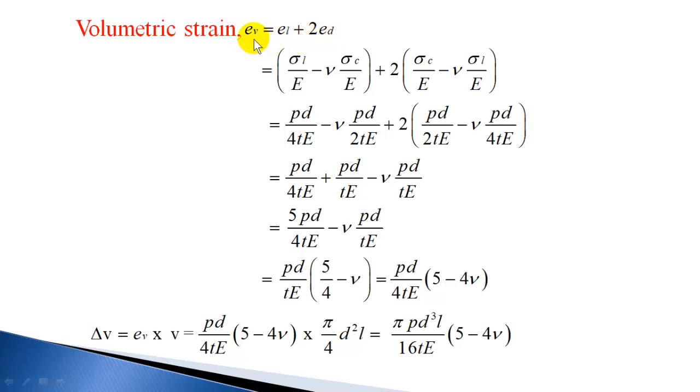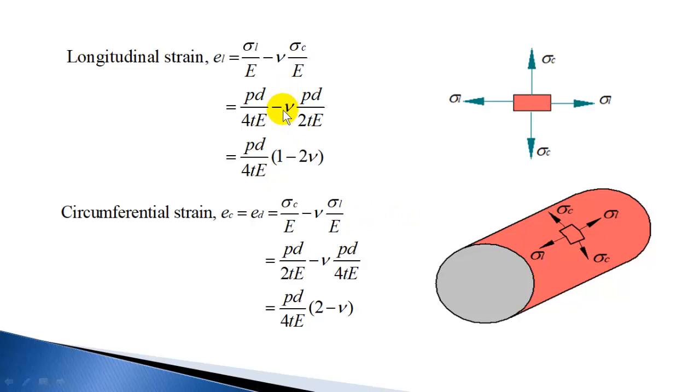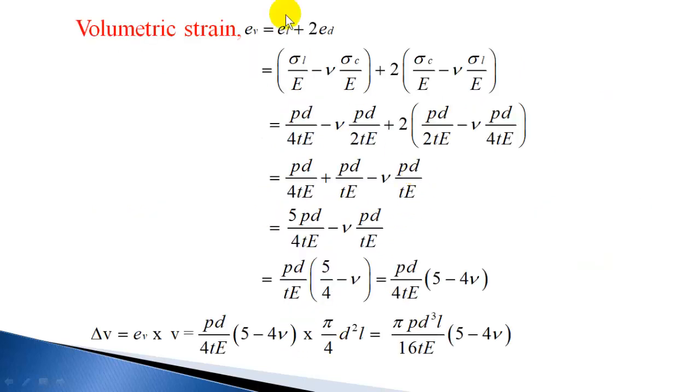The easiest way to calculate the volumetric strain is to find the longitudinal strain and the circumferential strain, or diameter strain. Then you add the longitudinal strain plus 2 times the diameter strain, which gives the volumetric strain. Once you know the volumetric strain, you can calculate the volume change in the cylinder. Now if you want to reduce this in terms of pressure and other cylinder properties, you can write it